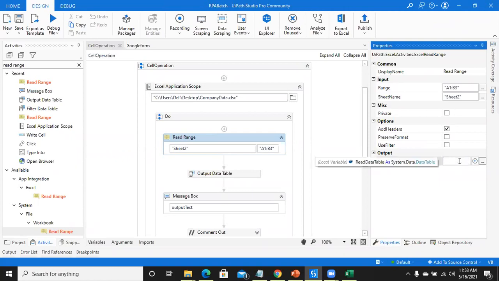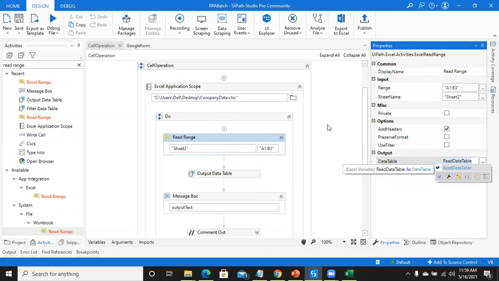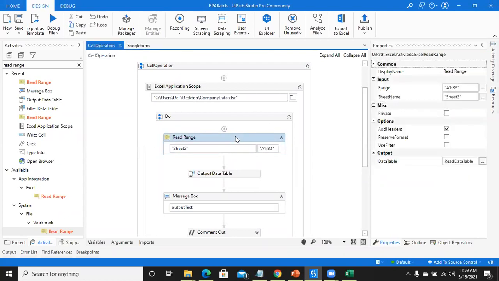I have created the variable by using Control K. So there are 3 things you need to do in read range. Whatever we are performing, you can find in the property panel. The range is A1 to B3. The sheet name is sheet 2.